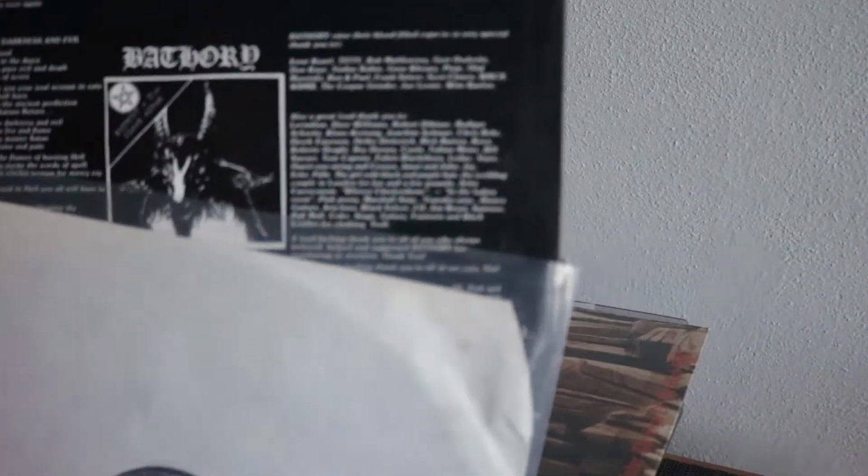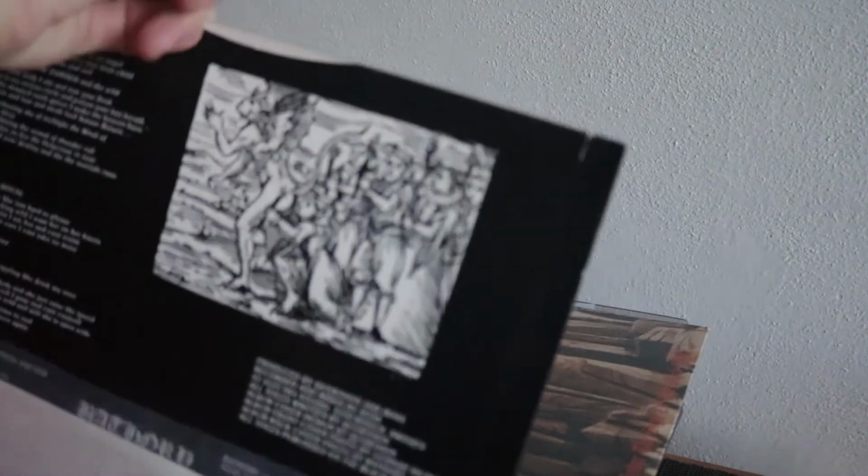I'm also happy that I have the inner sleeve, and on the front are the lyrics. So it is quite hard to find a really good copy for a reasonable price. Especially this album, because the famous holy grail of the collectors is also